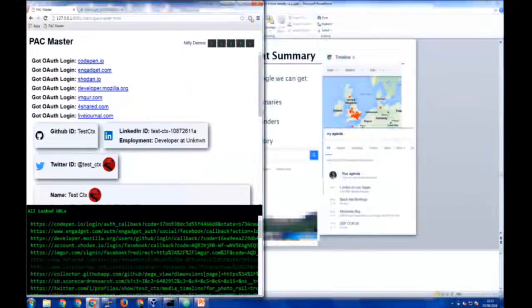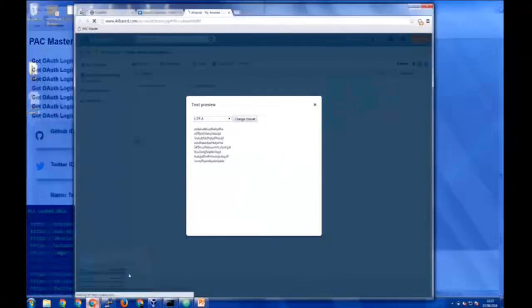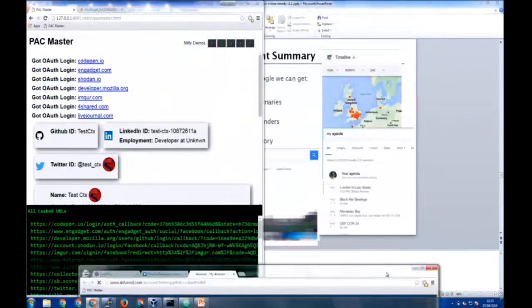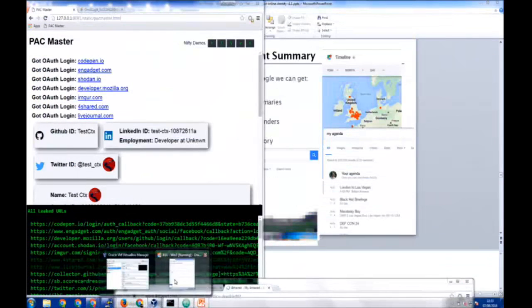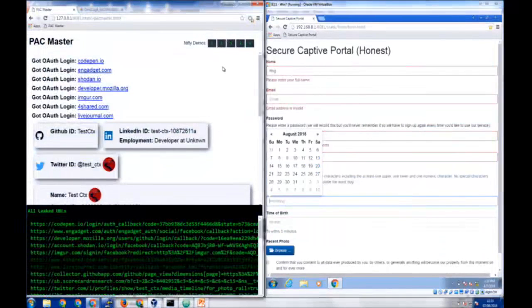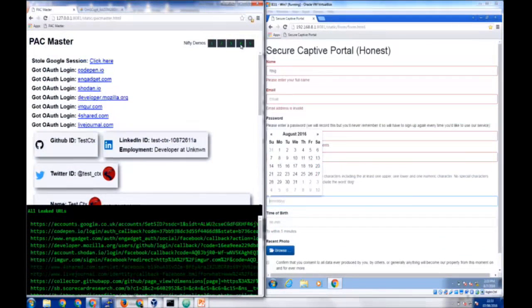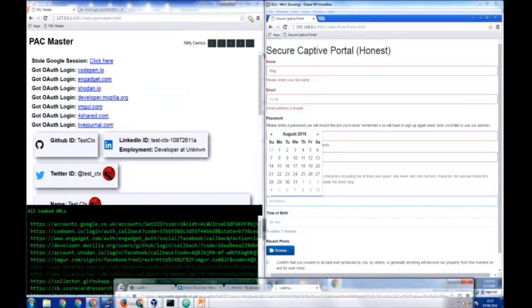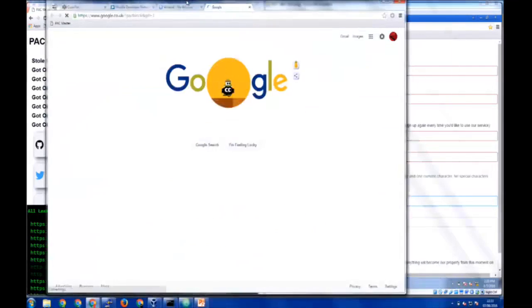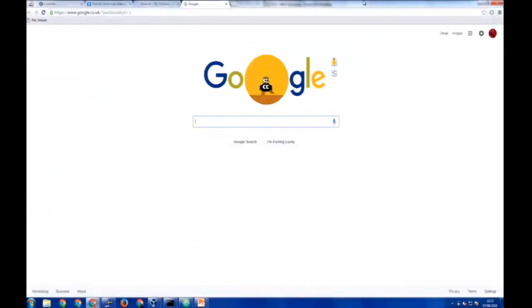I should point out that none of these are vulnerabilities in Google or any of those OAuth sites. This is just because we can steal the HTTPS URLs. OK, so I'm going to click this button, and we'll see. There we go. So we can see the URL here. It's got the auth token in it. And all I'm going to do is literally just open that URL in a private browsing window. So there we go. I'm now logged in to google.co.uk.